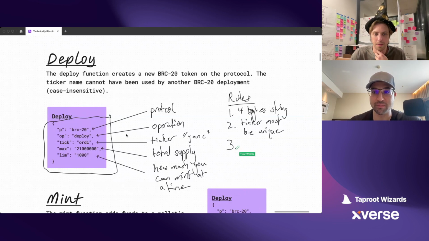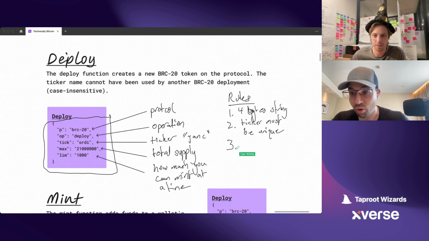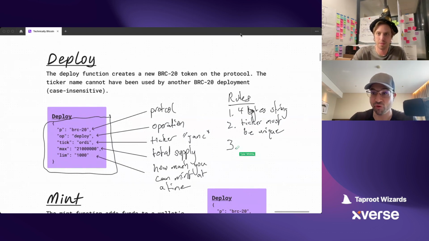What does it mean that the ticker must be unique? Just imagine a situation that you and me, Tyler, okay, we decide today we want to deploy the same exact ticker, right? Like you're in the US, I'm in Asia, and we're degenning, and we are not talking to each other, and we're going to say, hey, let's deploy this ticker at the same time without really knowing we're doing it. And so what will matter is which one will get confirmed first, right? Like which of those inscriptions will actually be confirmed in the Bitcoin blockchain first, and that will say, hey, this is the first and unique ticker that is associated with it, right? And whatever is minted afterwards or whatever is inscribed afterwards, it just doesn't count. That's just what it is.